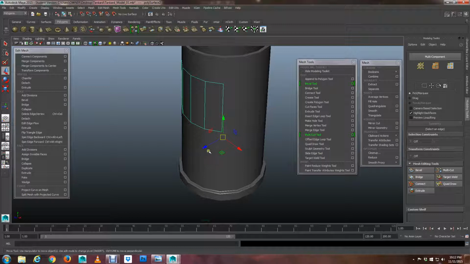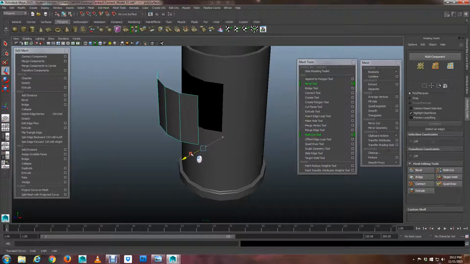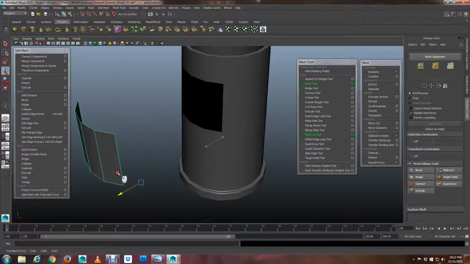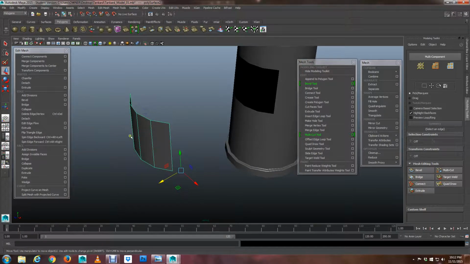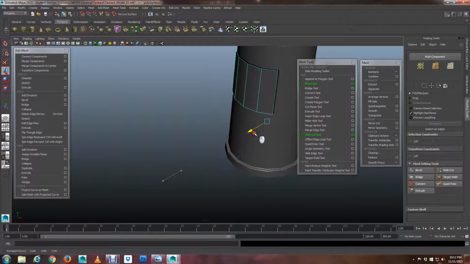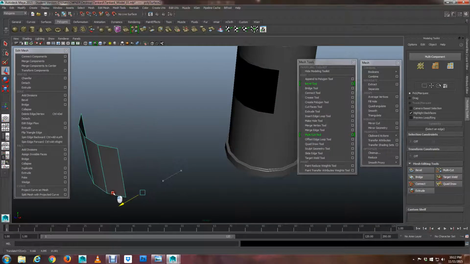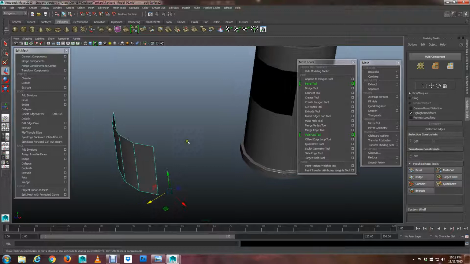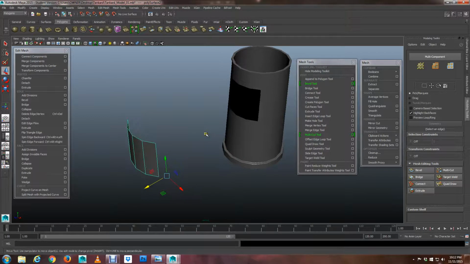I'm going to look for the blue arrow, which is the z-axis. I'm going to mouse over it until it goes yellow, and I'm going to grab it and pull it out. And I want to be really careful to pull it out just on the z-axis so that I can leave it there, so that after we've modeled this faceplate we can just go and put it right back. Okay, so I'm going to pull it out here,